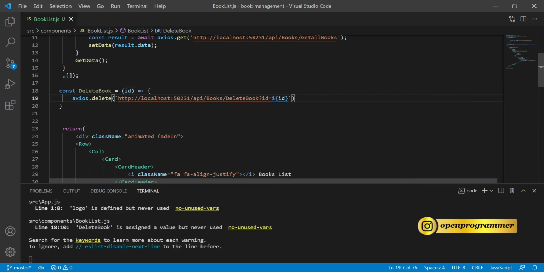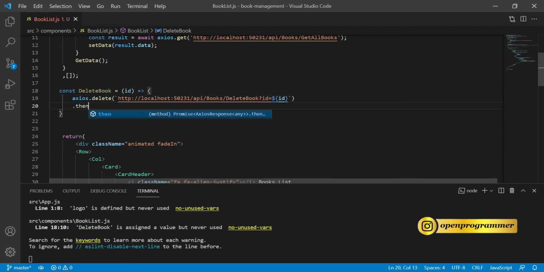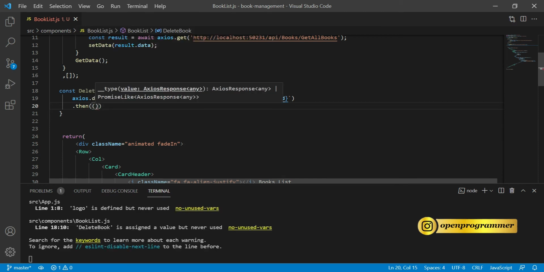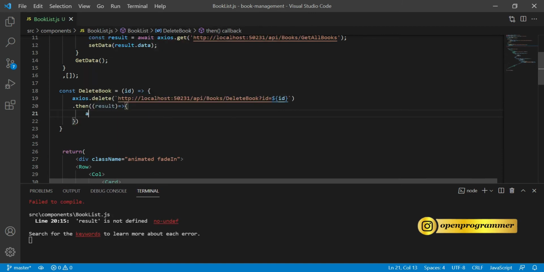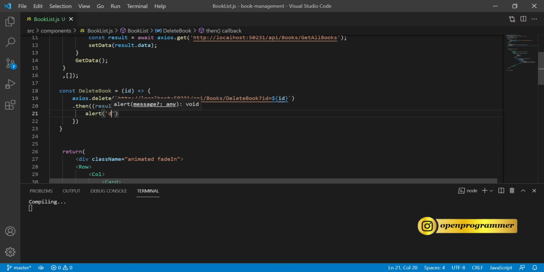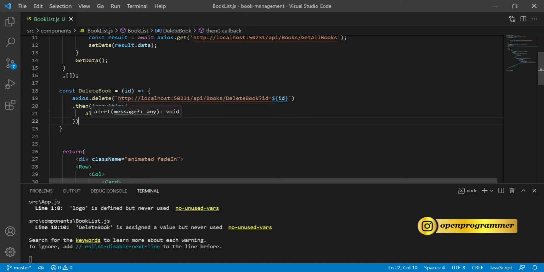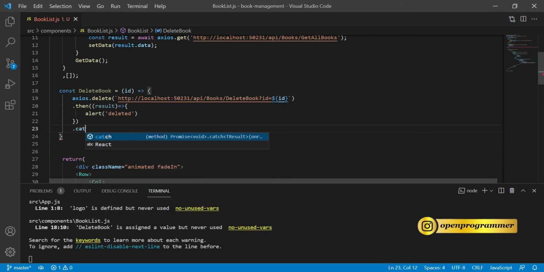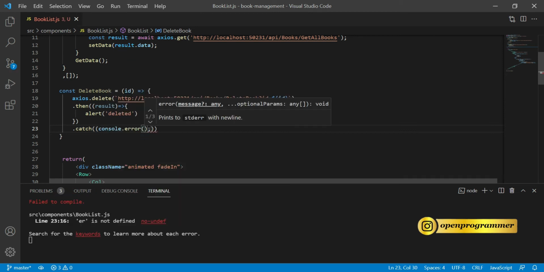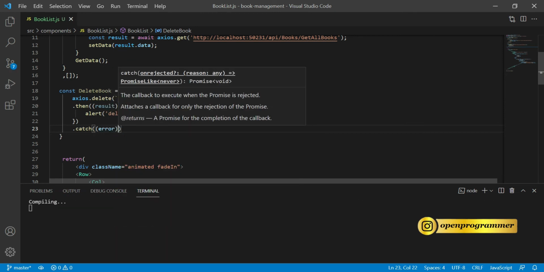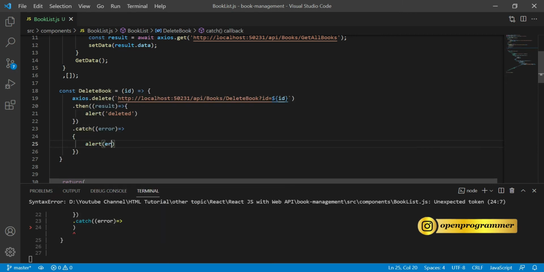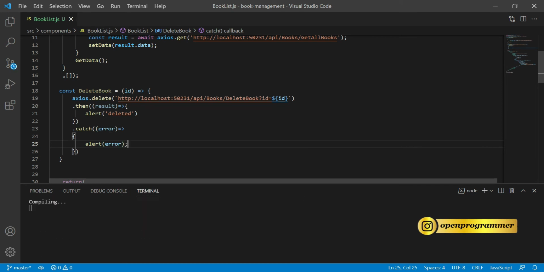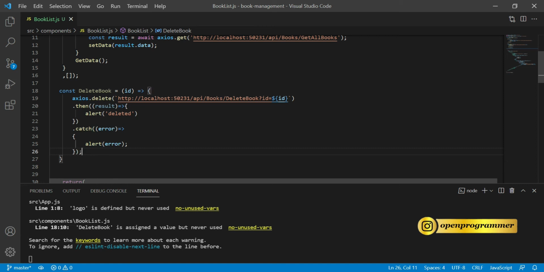So our URL is ready. Now dot then, if this succeeds, then we alert deleted, and in case of any error, let's declare a catch block. It will take the error as a parameter, and it will also alert the error. So we are done with our delete book method.